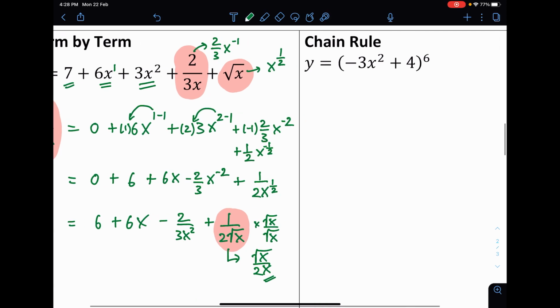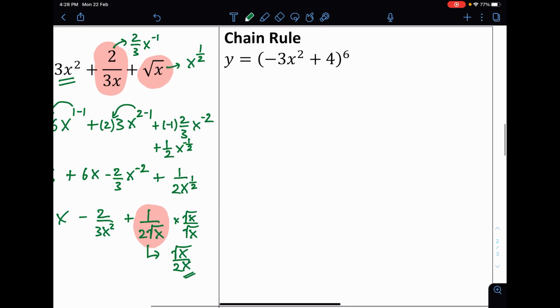Okay. Next is chain rule. Now, chain rule is basically those equations that have a power of 6, power of 4, that you do not want to expand because it's just too tiring to expand them. Or maybe the power is impossible to expand. Maybe the power is a fraction, or maybe the power is negative, which is very difficult if you want to put into a binomial. So how do you differentiate it without expanding them? That is the main idea about chain rule. This is very commonly used, by the way, so pay attention.